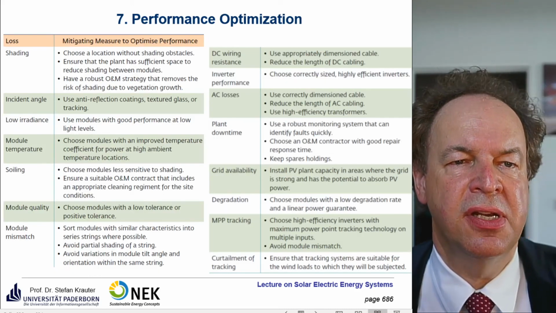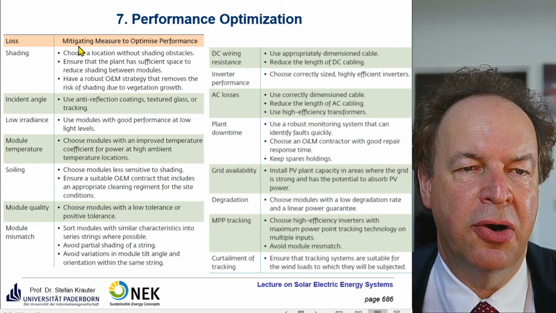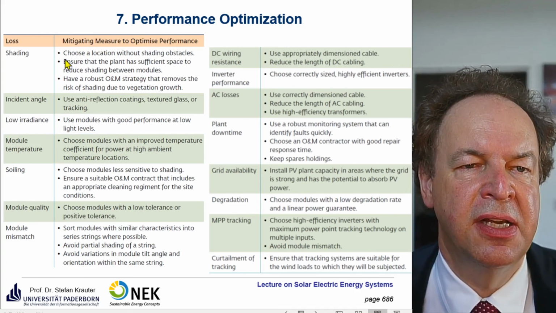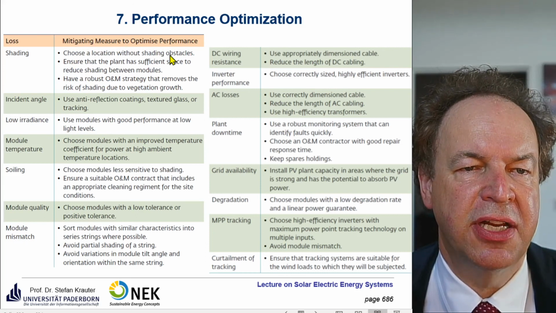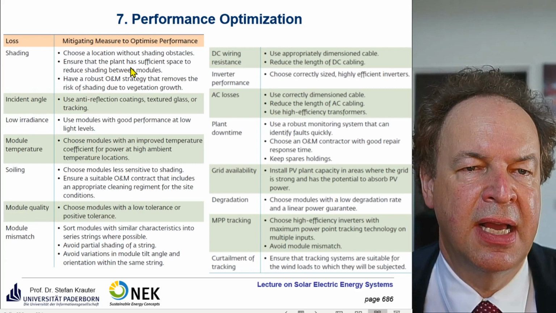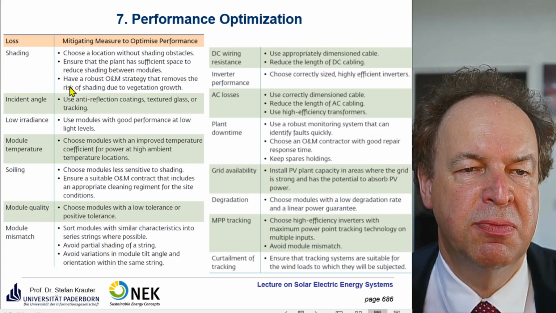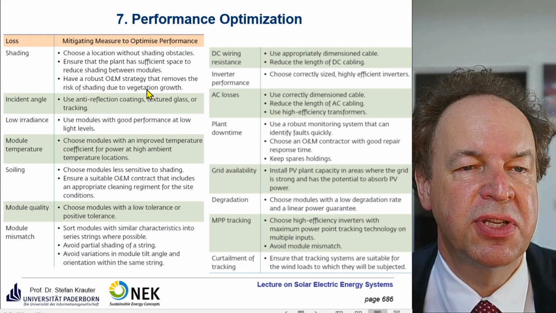Performance optimization. So the loss, and then we talk about mitigation measures to optimize performance. In case of shading, you have to relocate or choose locations without shading obstacles. Ensure that the plant has sufficient space to reduce shading between the modules. This was discussed already twice here. And have a robust operation and maintenance strategy that removes the risk of shading